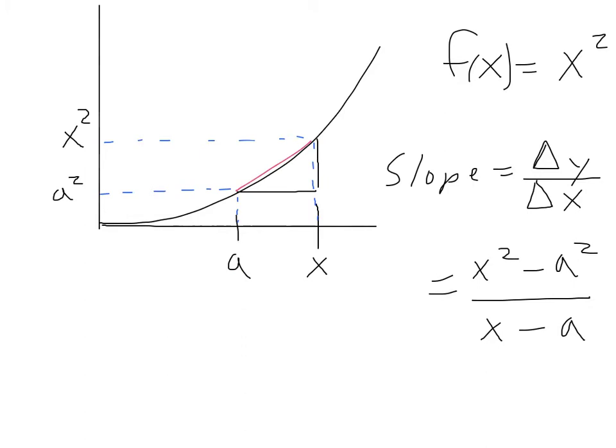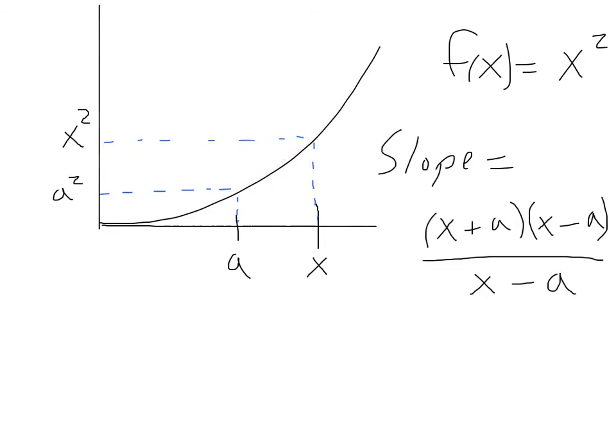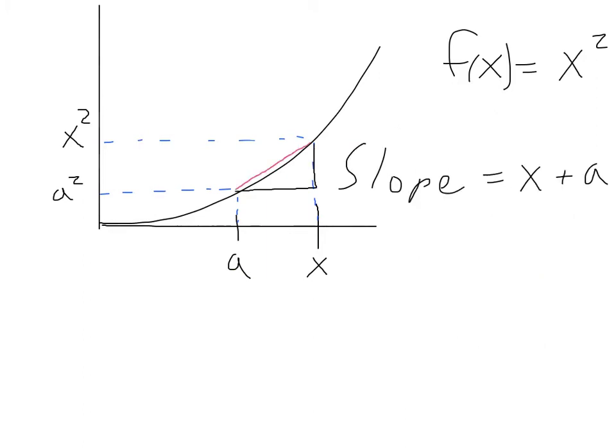And remember, what I'm going for is the slope of that red line, the delta y over the delta x. And just like before, I can factor the top, and I can cancel. And I get slope equals x plus a. And remember what we're trying to do. We're going to find the slope of that red line here